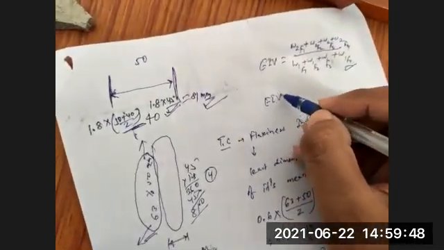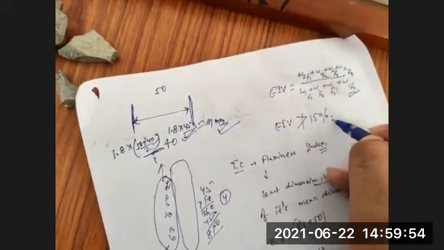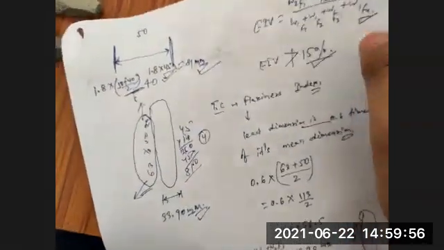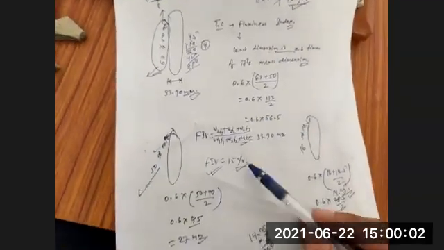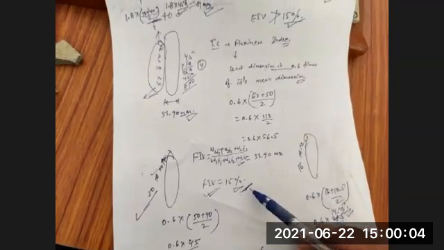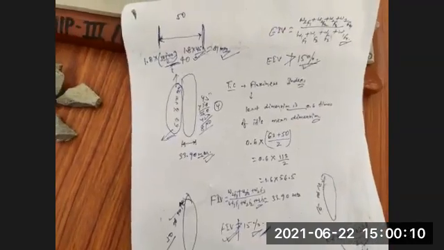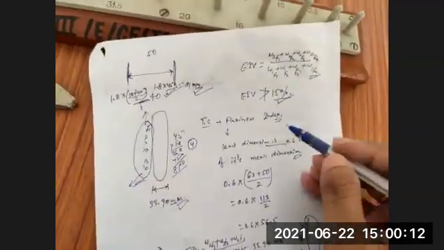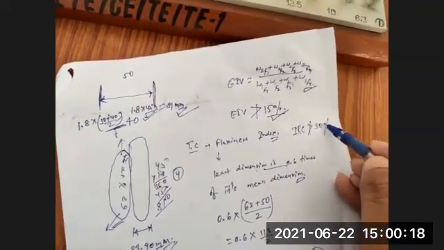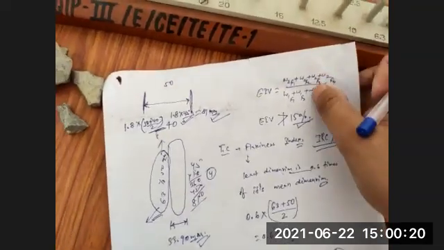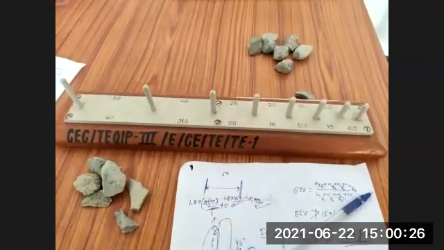Our code says elongation index value should not be more than 15% for road construction. Here also, elongation index value is not greater than 15%. You already saw the flakiness index value is also not greater than 15%. If we combine both, IRC suggests elongation index value and flakiness index value together should not be greater than 30%. So basically this is all about our shape test of aggregate, how we find the shape test of aggregate.